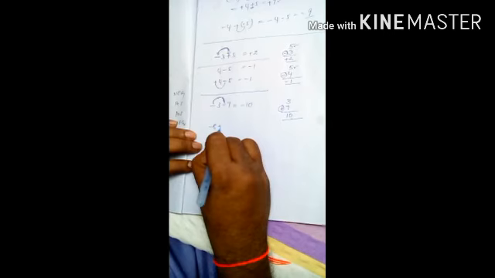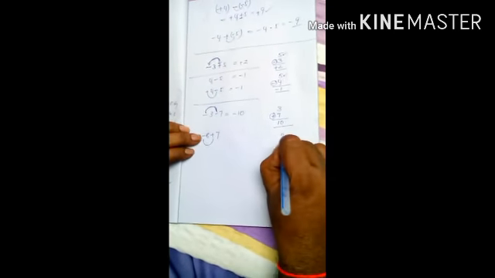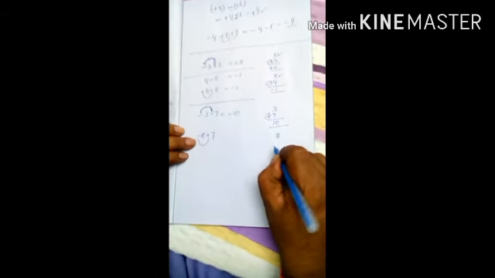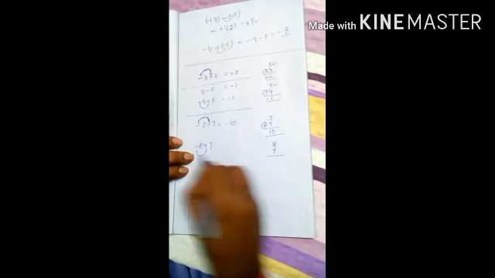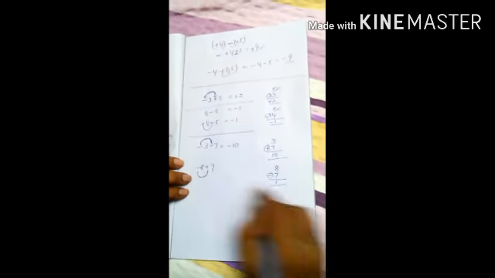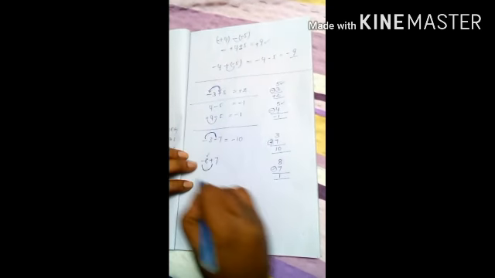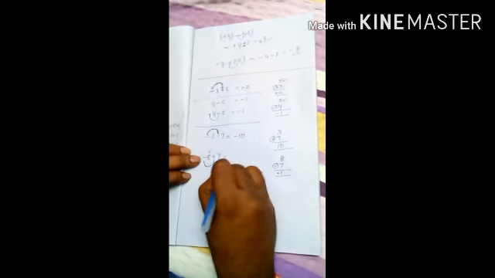Like this, one more sum. Minus 8 plus 7. Different signs, difference. The absolute value of minus 8 is equal to 8. The absolute value of plus 7 is equal to 7. In this, different signs, no? Difference. 8 minus 7 is equal to 1. In this the big number is 8. That's why minus 1.